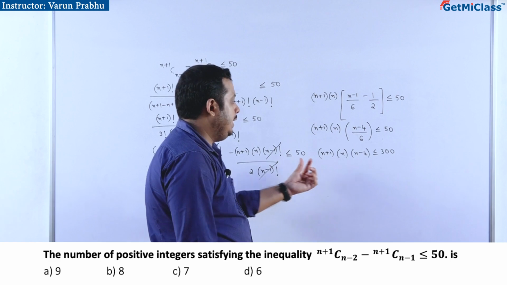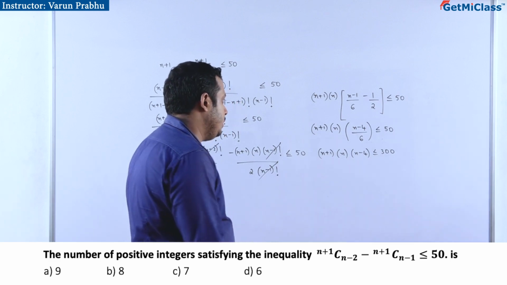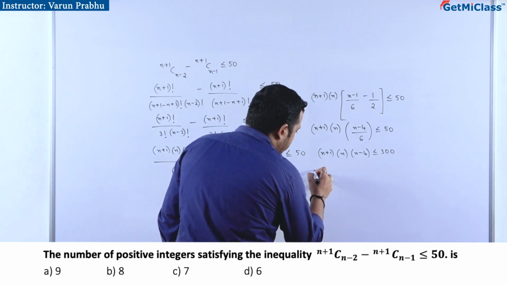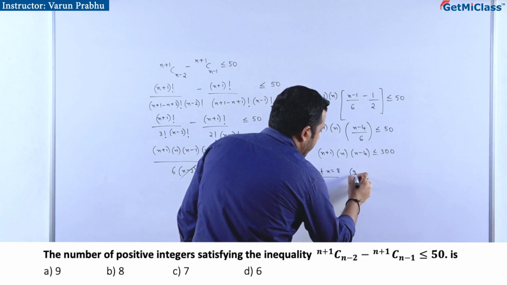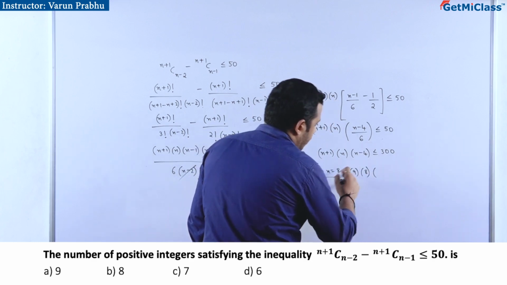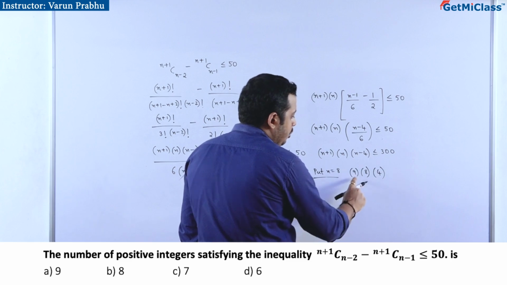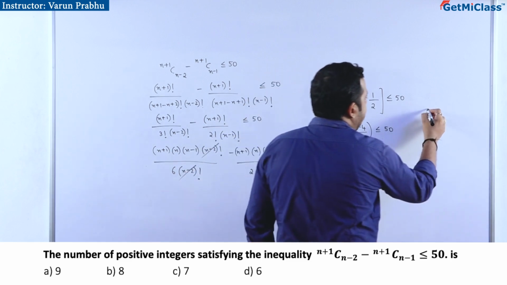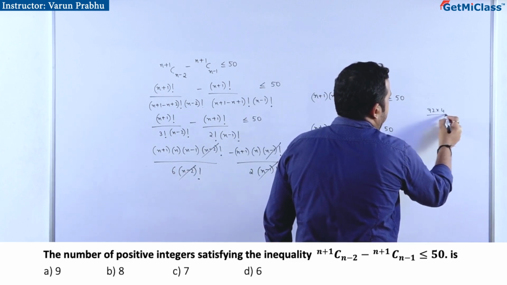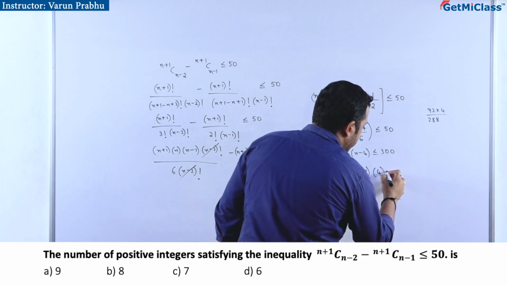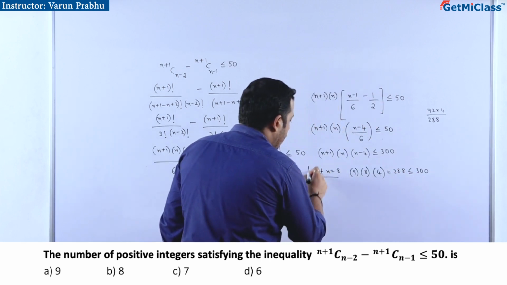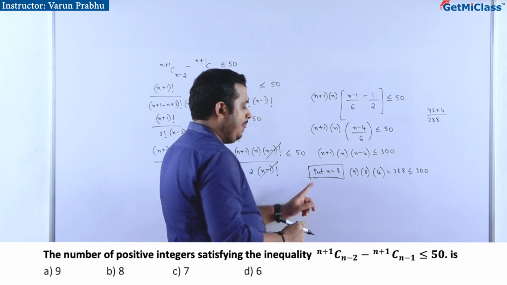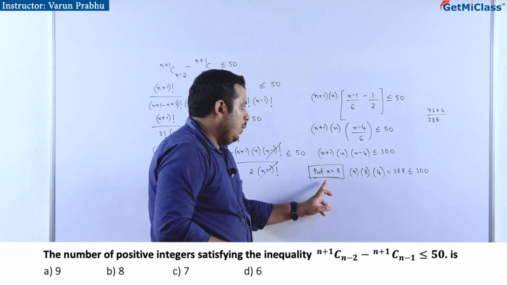If you can see here, number of positive integers is told in the problem, right? Number of positive integers. So you can put n is equal to 8. If you put n is equal to 8, what do you get? 9 into 8 into 8 minus 4 is 4. How much do you get? 9 8s are 72. 72 into 4 is how much? 4 2s are 8, 4 7s are 28, is equal to 288, less than or equal to 300, which means up to 8,